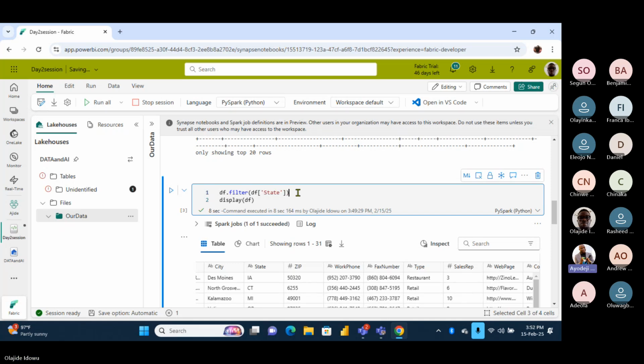At the end, before the bracket close, state equals. Before the normal bracket, not the square bracket. That's a column. Equals to what? FL. But equals to will be two equals signs. Logical equals to is two. Assignment statement is one. Thank you very much.